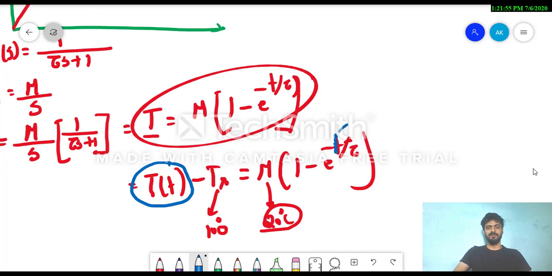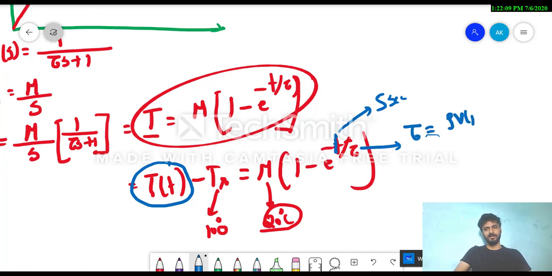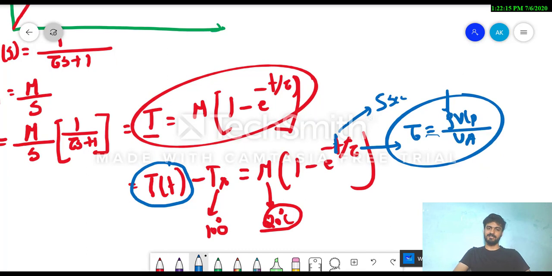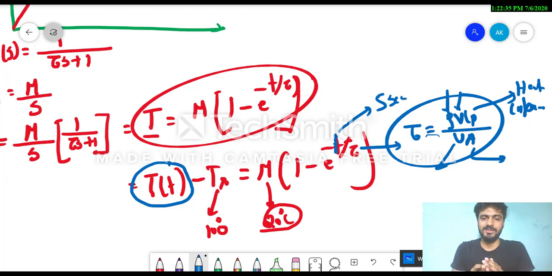Just like t is given as 5 seconds, and tau is given too, you don't have to calculate all these things. That will be given for the calculation of tau, which equals rho V Cp upon UA, that I have already told you, where rho is the density of the fluid placed inside the tank, V is the volume of the tank or volume of fluid, Cp is heat capacity, U is the overall heat transfer coefficient, and A is the cross sectional area. So that thing you can understand from here also. This is the part that I have discussed here for the heat capacity storage.